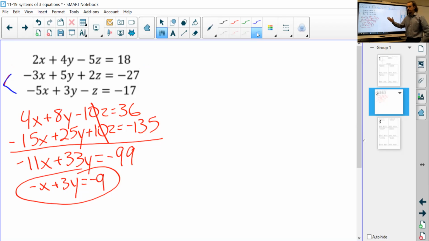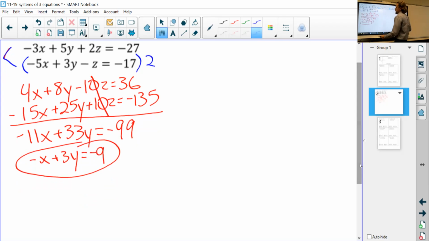Okay, I need to get rid of the same variable. That's key. So since I got rid of z the first time, I need to get rid of z again. This one's a little bit easier though. I've got 2z and -z, so I just need to multiply this bottom one by 2. So I'm going to write these both out. So -3x plus 5y plus 2z equals